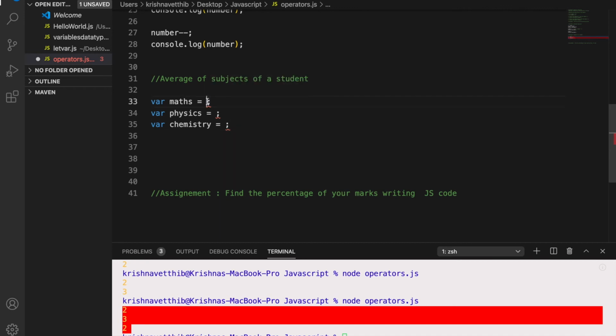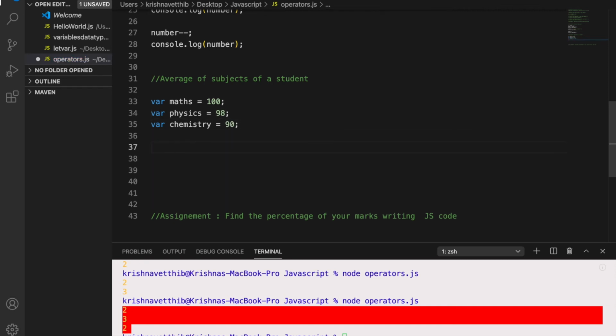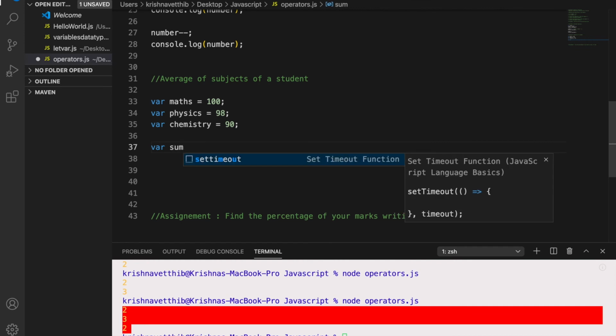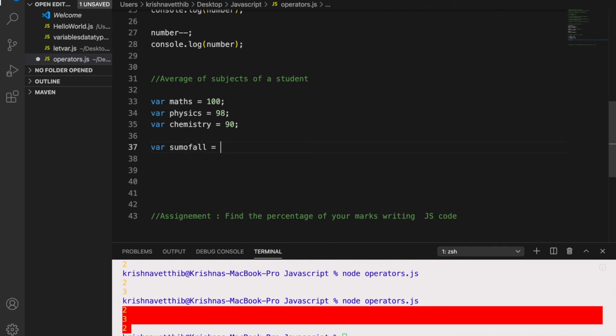I am taking the maths marks as 100, physics as 98 and chemistry as 90. To get the average, first we need to find the sum of all the subjects. So sum of all equals maths plus physics plus chemistry.